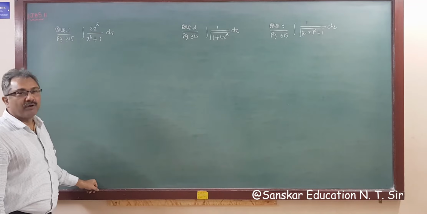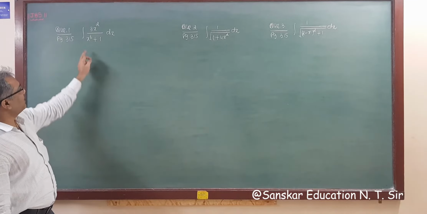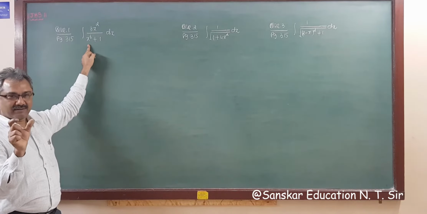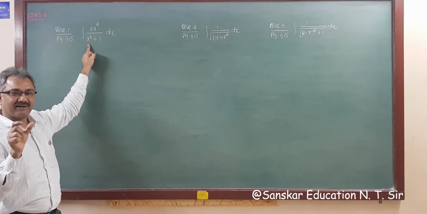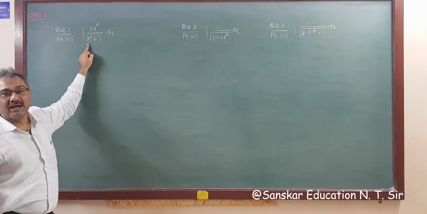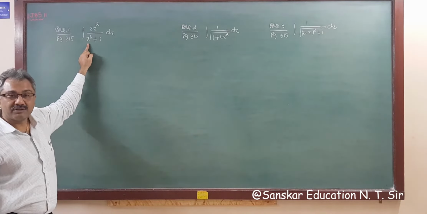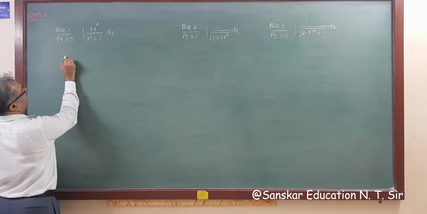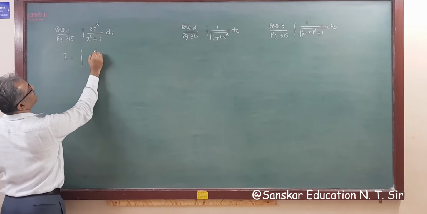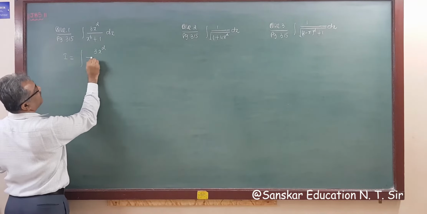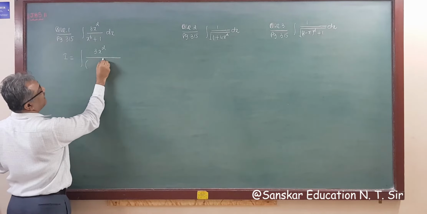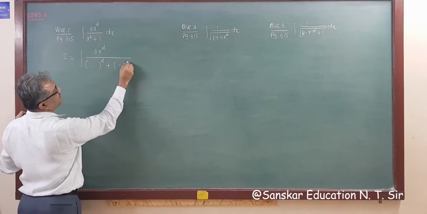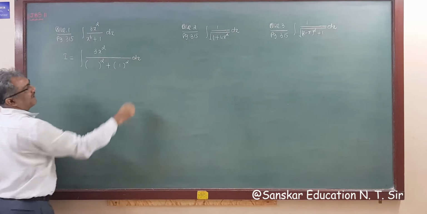Now you have formula something square plus 1. All formula has something square, that is x square. Standard formula has x square, but instead of x square it is given here x raised to 6. So what you require here, you require here only square. So can I write like this? I is equal to integration, this is 3x square whole upon, this is I want something square plus something square, that is 1 square is 1, that you know. So I am writing 1 square.